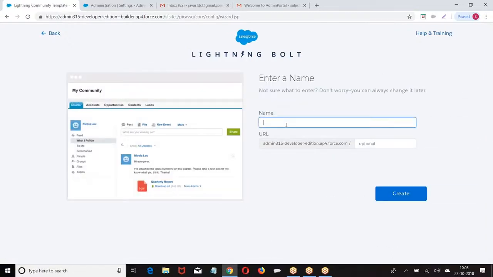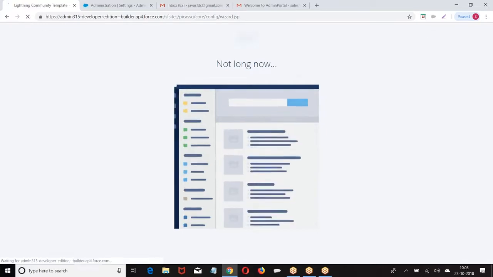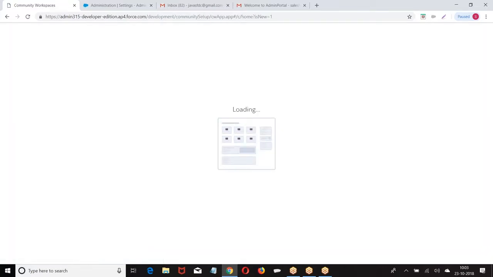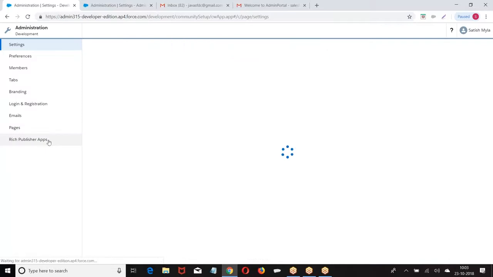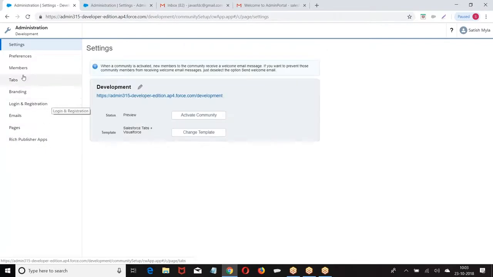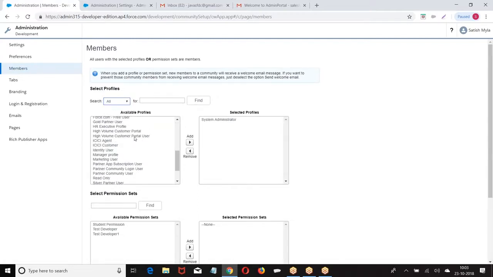Then go to administration, members, who can log in: ICC agent.